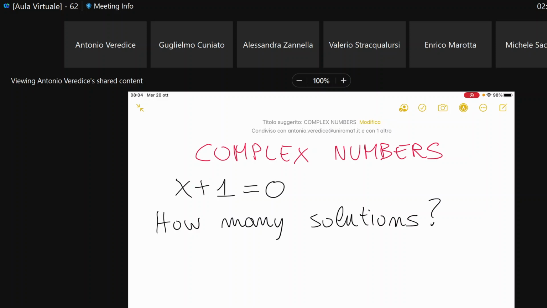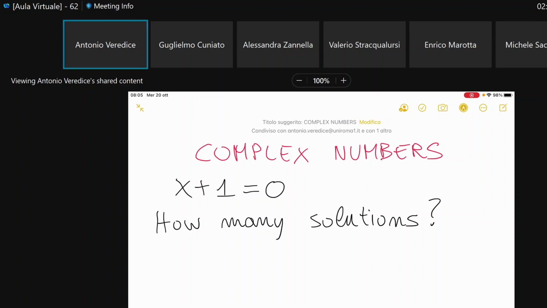Okay. Don't be shy, answer this question. How many solutions for this equation? Can you see it? Can you see the board? Yeah. You told me. How many solutions for this? One. Yes, someone says one solution, okay? You probably think about the solution x equals -1. Are you okay with this? Okay, so